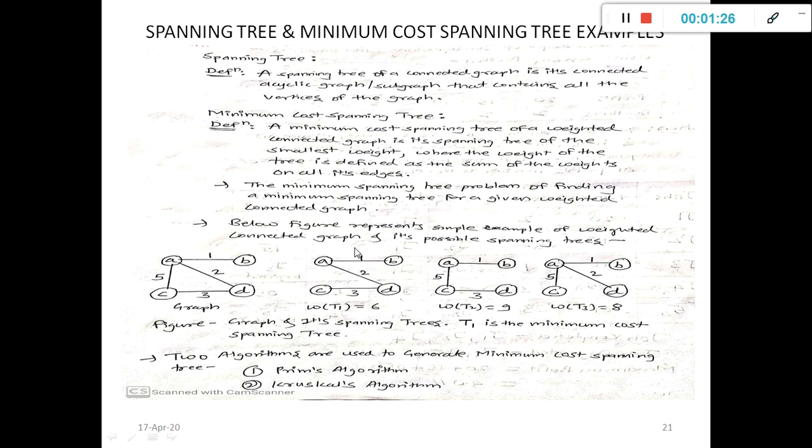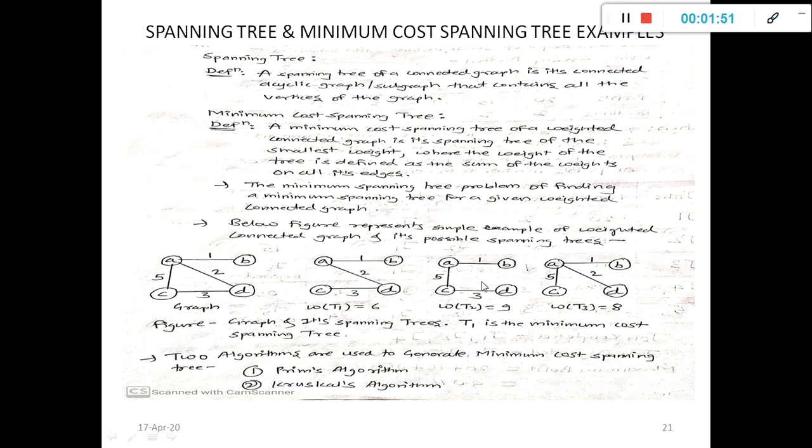The first spanning tree includes all the vertices like A, B, C and D and the edges A to B with the distance 1, from A to D with the distance 2 and from C to D with the distance 3, and there is no cycle in the graph. Then this is the first spanning tree we will get from the original graph.